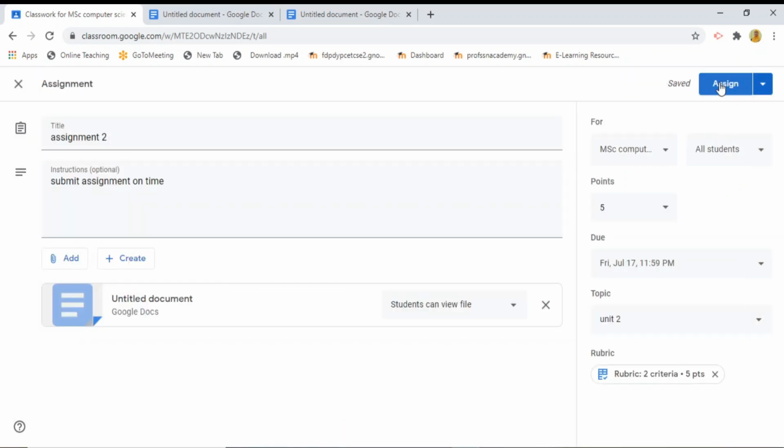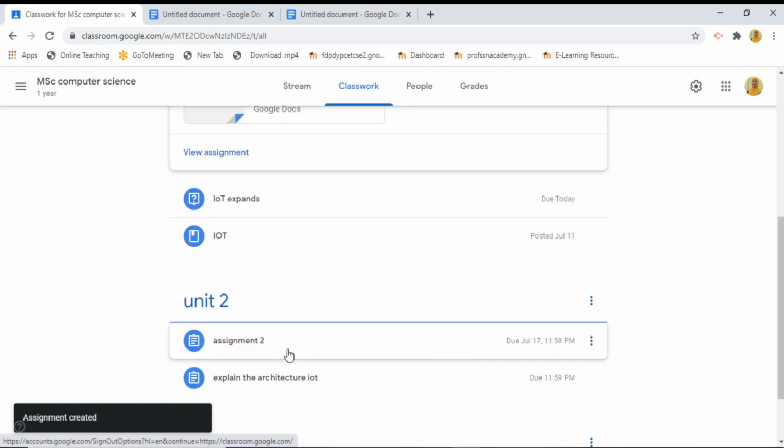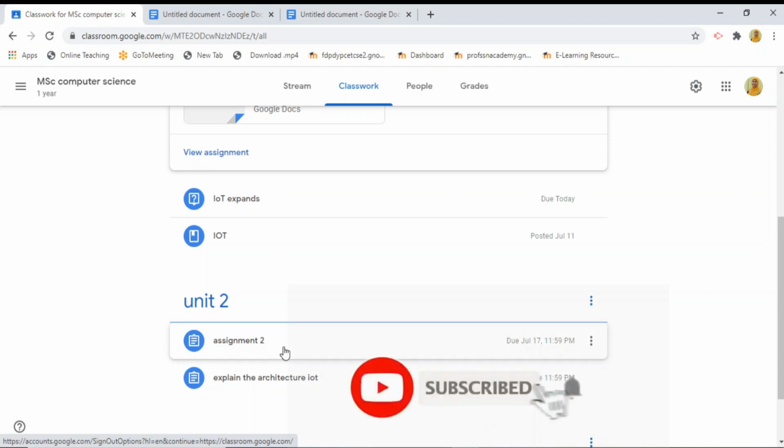Okay, now you assign it. Click the Assign button. Assign this assignment to the students. See, under unit 2, the assignment that we have assigned to the students is there. By clicking it